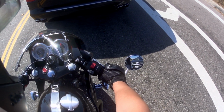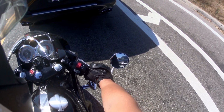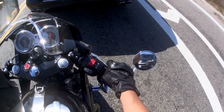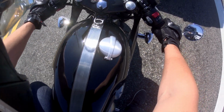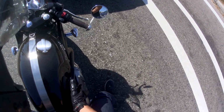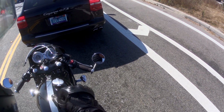I'm not used to it. It's really sporty. It seats like a super sport bike, so I'm supposed to actually have my ass back further like this and be more leaning on the tank. What ends up happening is at least he has these nice tank grips here. I end up just gripping it with my legs a lot more, which is what you're supposed to do so that you can take